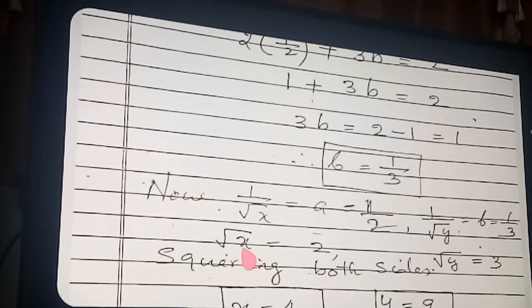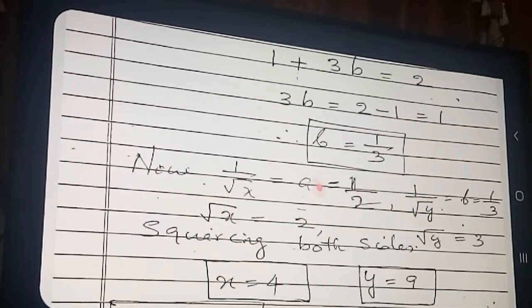Now your question is to find out the value of x and y. Solve the equation means find out the unknown variables x and y. So how to get the value of x here? How can we come out of the root? Square them. Okay, square on both the sides. Here squaring root x the whole square is x, and 2 square is 4, and root y the whole square is y, and 3 square is 9. Therefore the value of x is equal to 4 and the value of y is equal to 9.